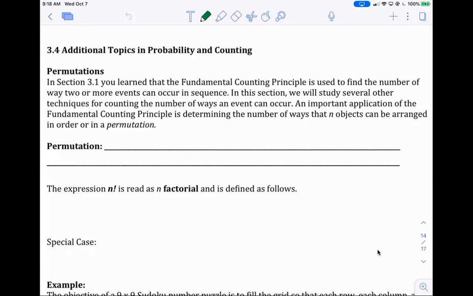Okay, so now we're going to start looking at another type of probability, so additional topics in probability and counting. So in 3.1, we looked at the fundamental counting principle. With that, we have permutations. So an important application of the fundamental counting principle is to determining the number of ways that n objects could be arranged in order or in a permutation. So a permutation is simply an ordered arrangement